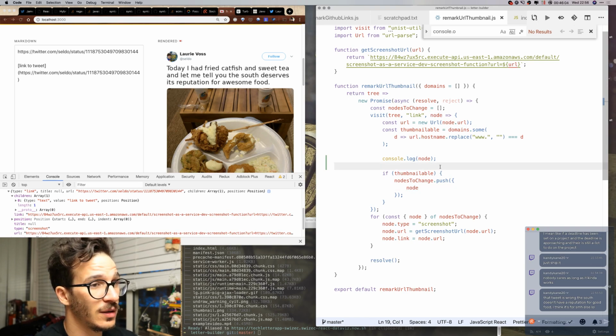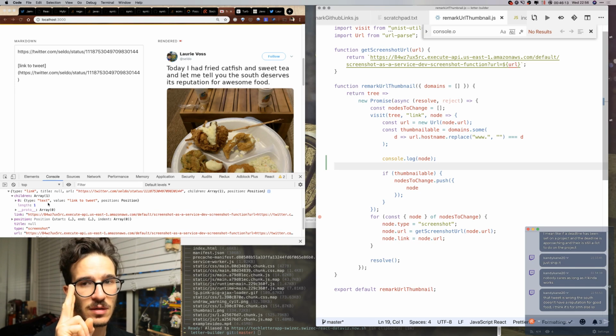So I think the main change here is going to be that the links usually have a child that represents the actual string, and if that is the same as the URL,